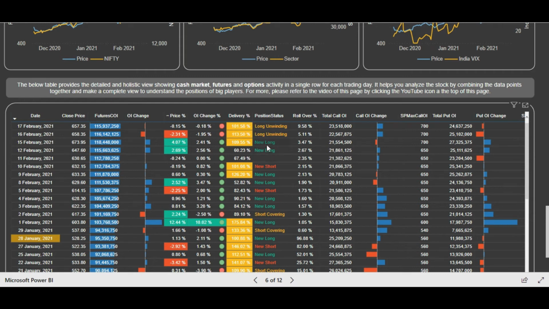So after a strong rally in Bank Nifty, we saw that due to the contributions of ICICI and Axis Bank, huge long positions were added, cash market delivery was taken, and then in the past 2 days slight profit booking happened because there was a strong rally. And you can see here the futures OI is changing massively on the positive side. So clearly you can see that huge long positions are getting added, right?